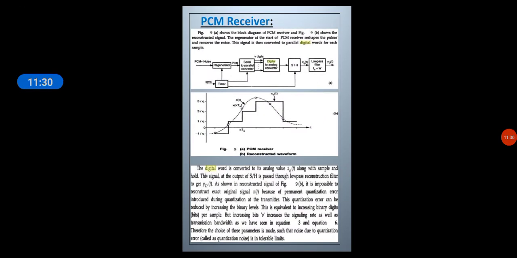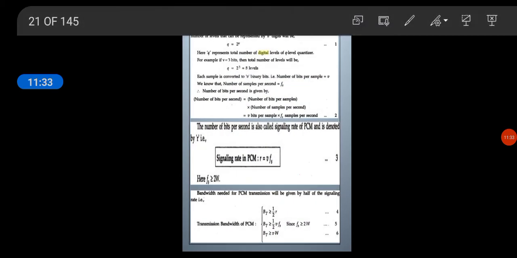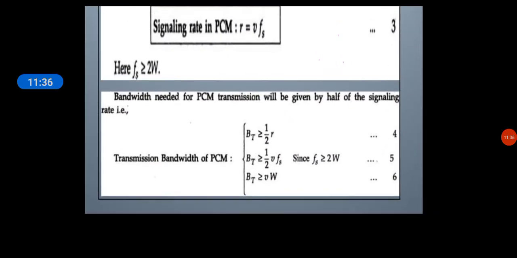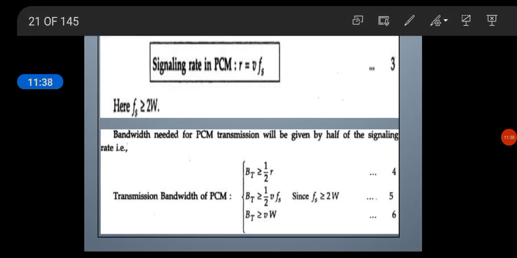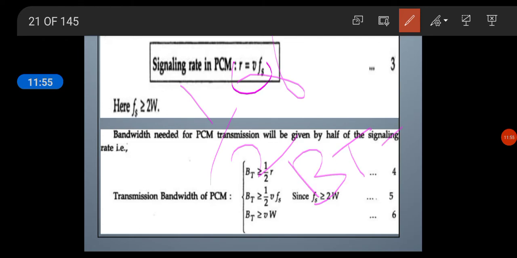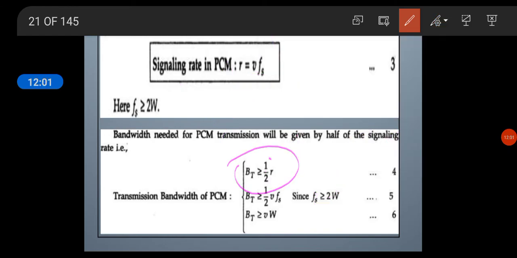Then we are calculating the transmission bandwidth. The bandwidth needed for PCM is always equal to half of the signaling rate. Transmission bandwidth is equal to, just now we have calculated the signaling rate. So half of the signaling rate is 1 by 2 R, and BT is greater than or equal to 1 by 2 R. Instead of R we can substitute V into Fs, or otherwise we can substitute,